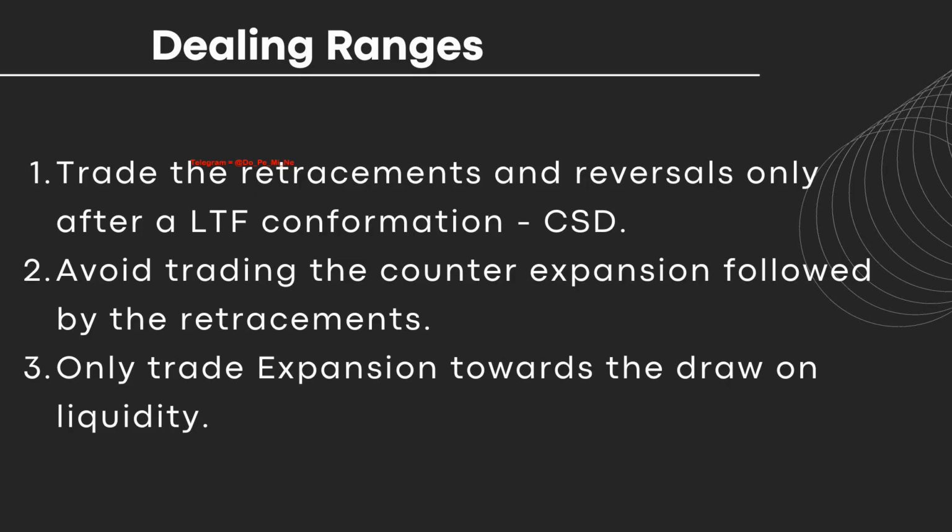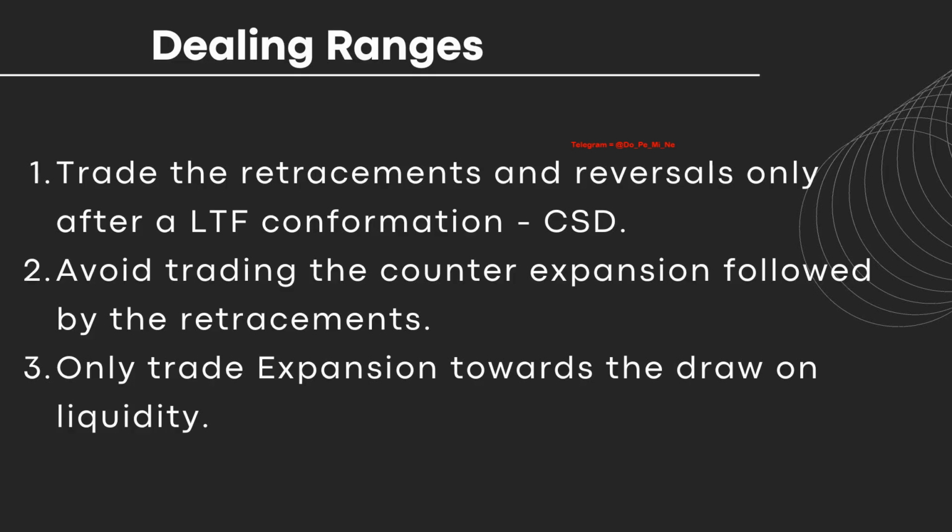You should never trade them before the confirmation. That's what you should stick to. If there is no CSD, then you shouldn't be trading it. A lower time frame confirmation in the form of a CSD gives you more conviction in your analysis